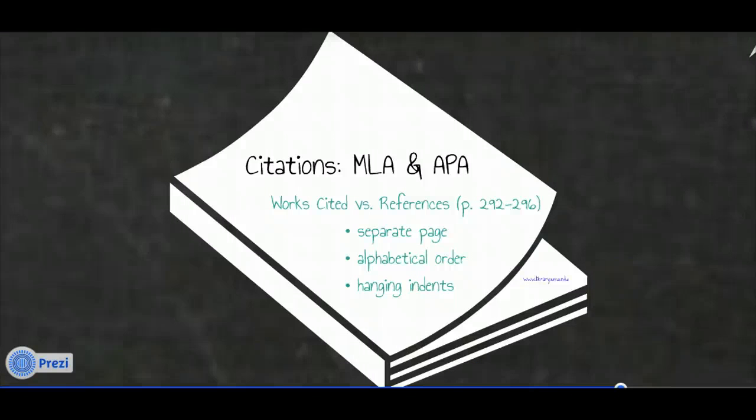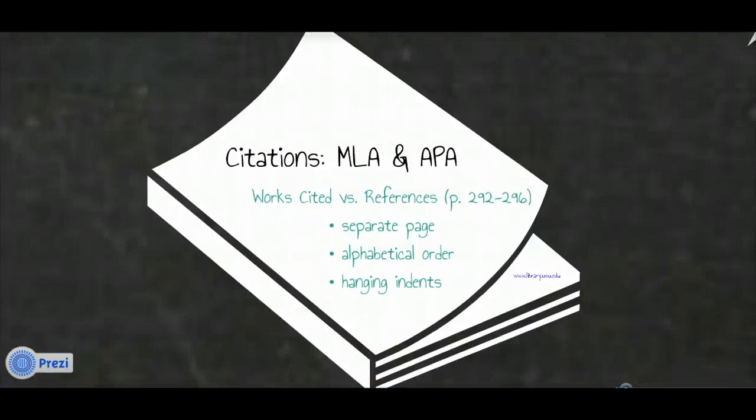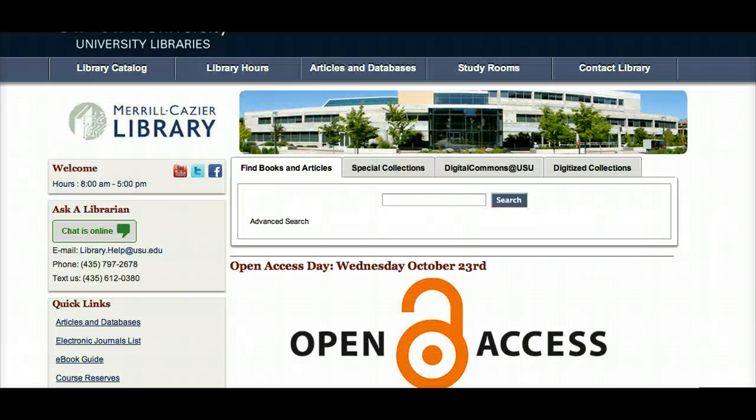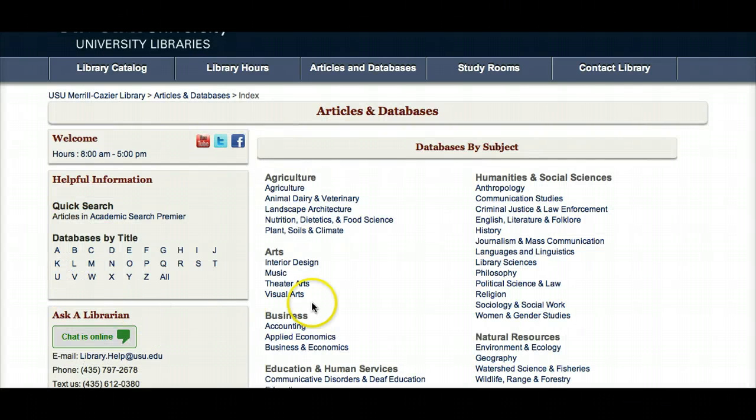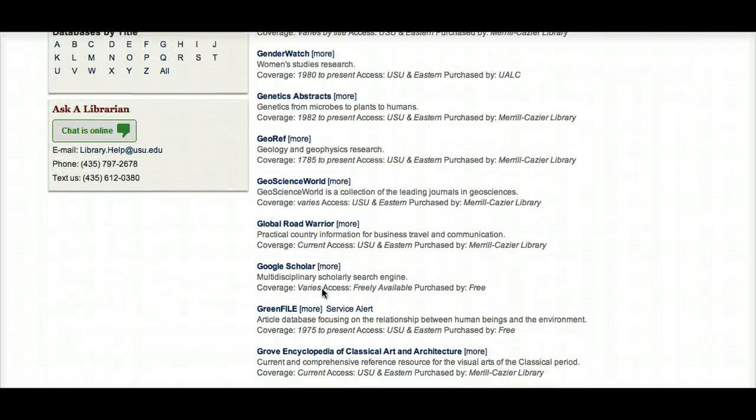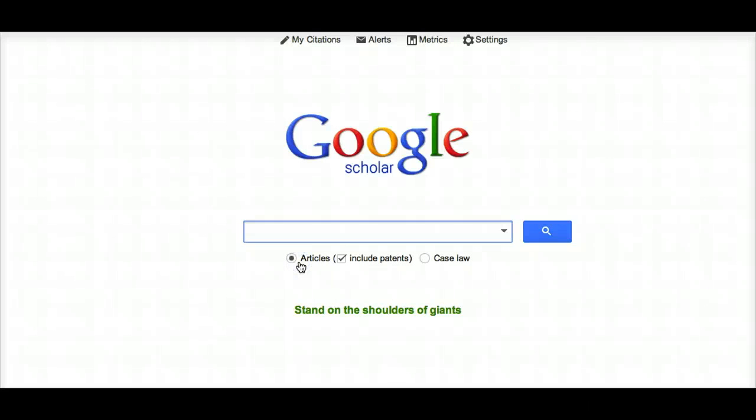when I get my sources, knowing some of the tricks for how to find citations easily. Obviously, the OWL Purdue website is your top source for checking and making sure your citations are accurate, but I just wanted to show you, if you go to the library homepage, one thing that I like to do when I search is go into articles and databases, and I look for G for Google Scholar. I go through the library webpage because a lot more PDFs will come up when I do a search, and